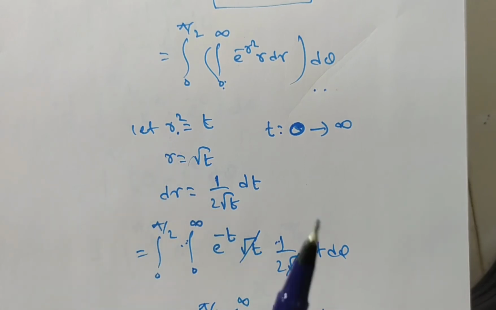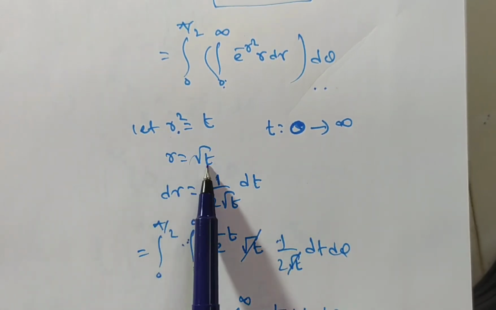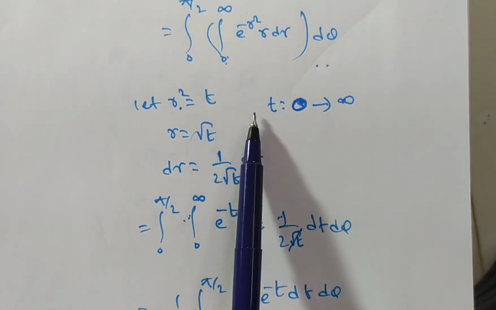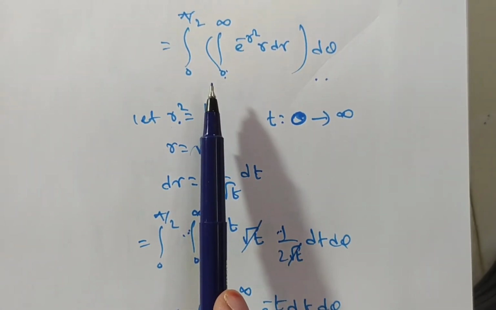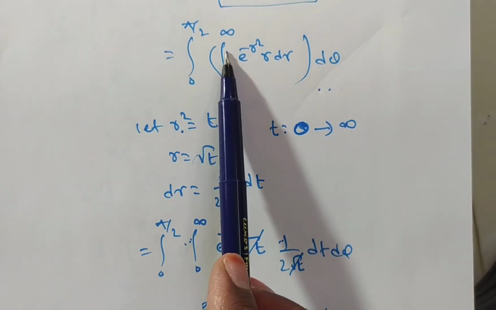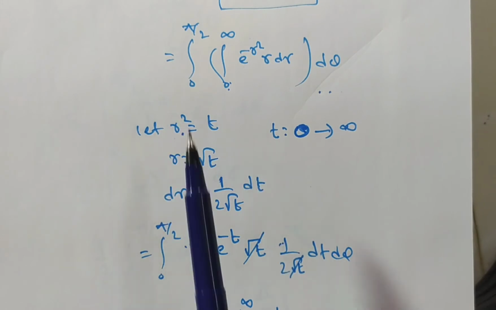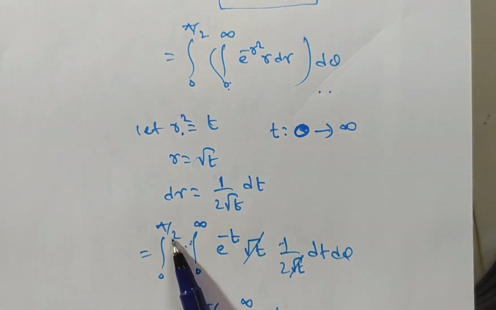Just for you I am showing: r square is equal to t, then r is equal to root t, then dr is equal to 1 by 2 root t dt. Now you substitute t value, and the limits are also required. Whenever r is 0, t is also 0. Whenever r is infinite, t is also infinite. Now you substitute these values in the integration, then you will have integral 0 to pi by 2,